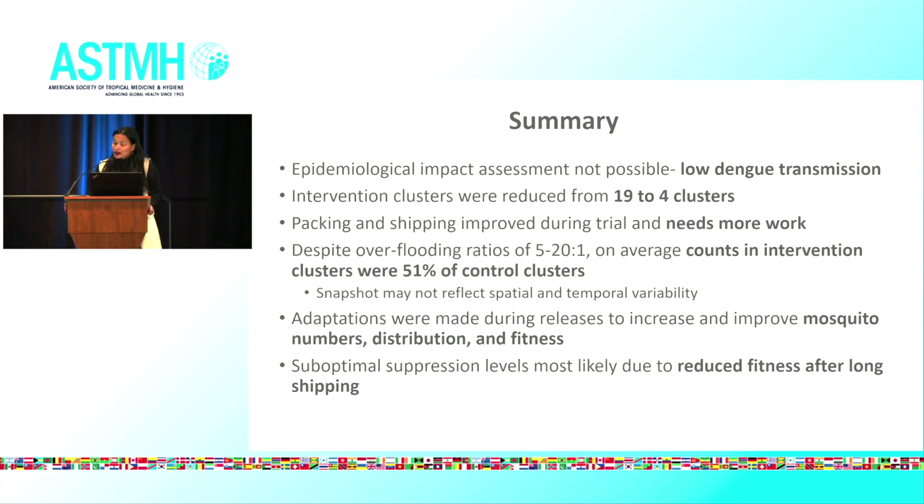So in summary, we were not able to evaluate the epidemiological impact of Wolbachia mosquito releases due to the low transmission of dengue. We modified the study and we went from 19 to 4 clusters to respond to the preliminary findings of suppression levels. We were able to improve packing and shipping methods, but more work was and is needed. The counts in intervention clusters were 51% of those in control clusters on average, despite similar overflooding ratios to previous